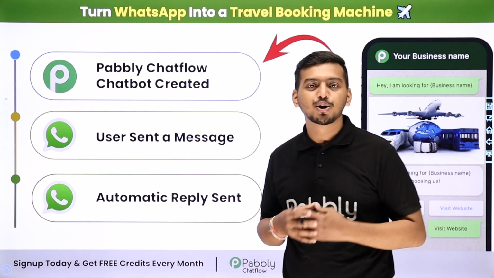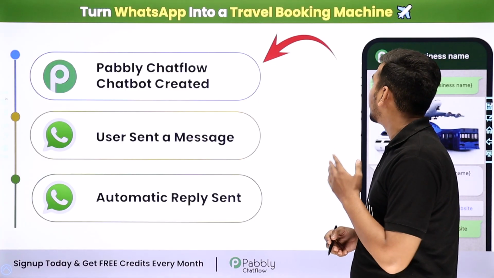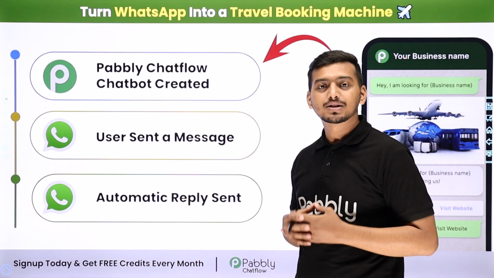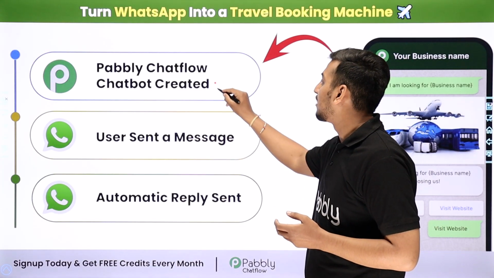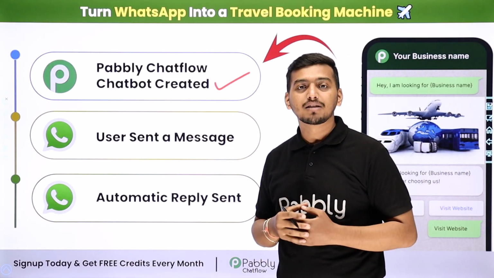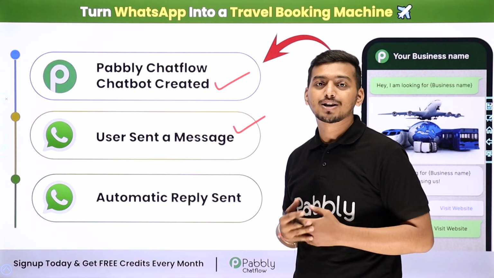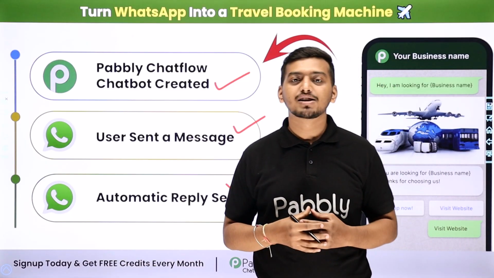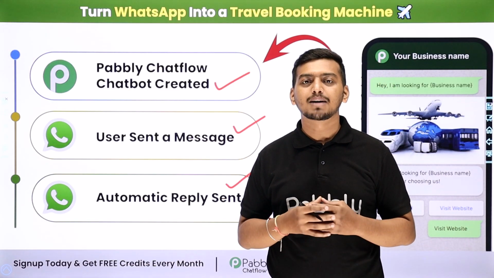Today I'm back with this new tutorial video where I will show you how you can turn your WhatsApp into a travel booking machine. In this video, I will show you the step-by-step process of creating a WhatsApp chatbot inside my Pabbly Chatflow account. After I have completed the creation, whenever any user sends this WhatsApp chatbot any text message, the chatbot will reply to those customers automatically on our behalf, and it will help them book their travels for themselves. Now I will take you to my screen, and there we will see a real-time example of how this